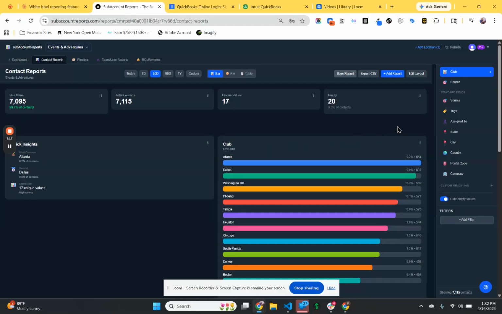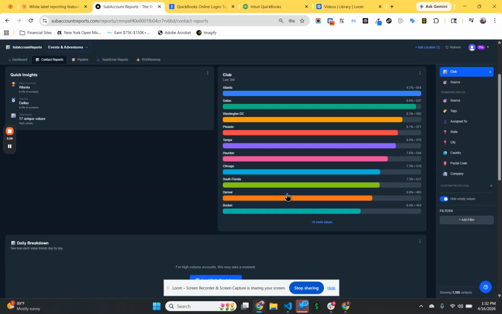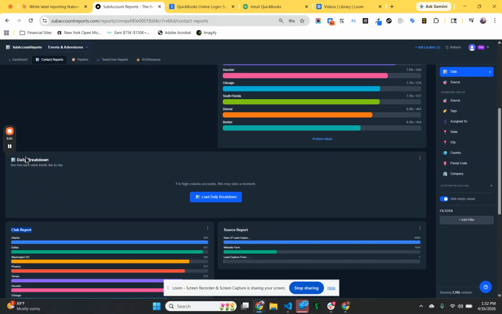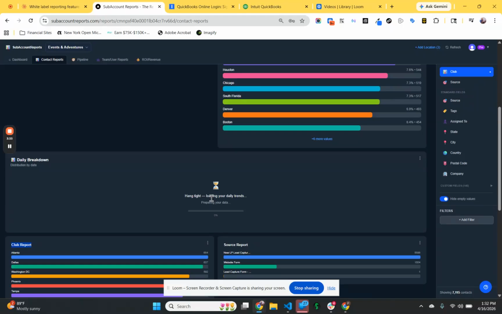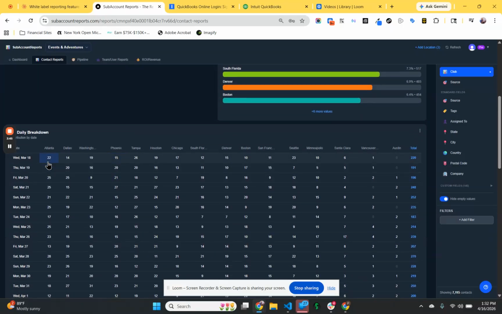So you can see with a few clicks, I can select any of my custom fields, and then this will create a distribution chart of all of the unique values within that custom field. And you can also load a daily breakdown. And this was actually the specific functionality that my client really needed, is they just wanted to look at how many leads have come in today